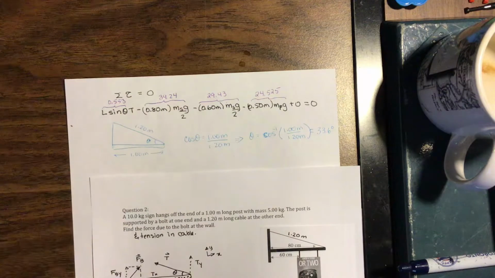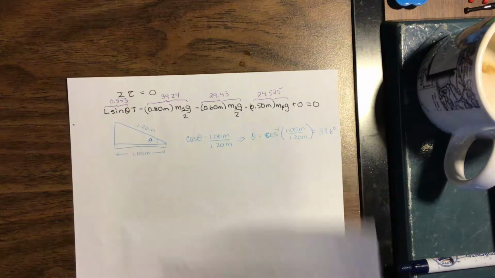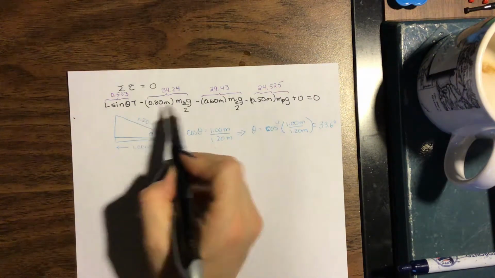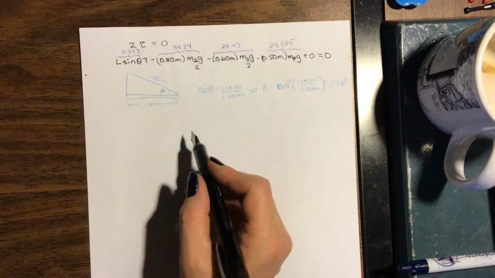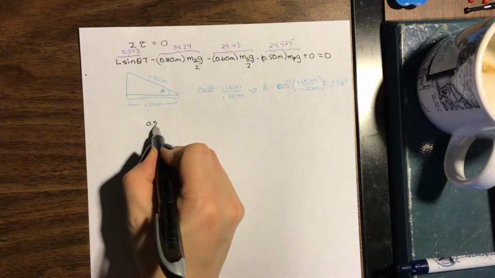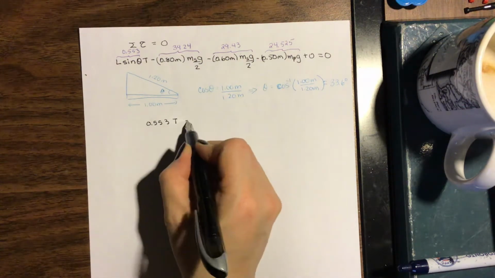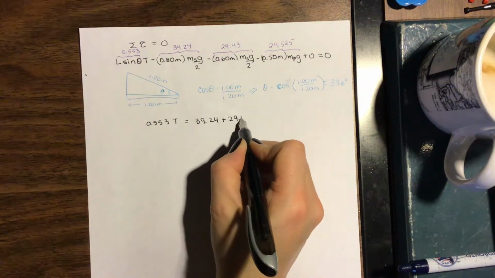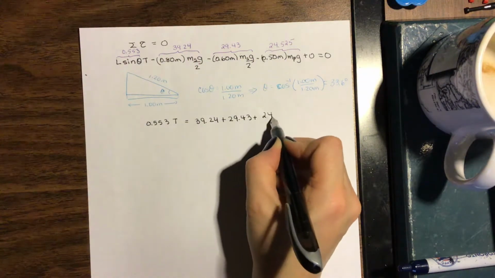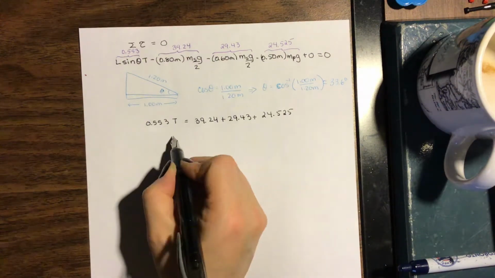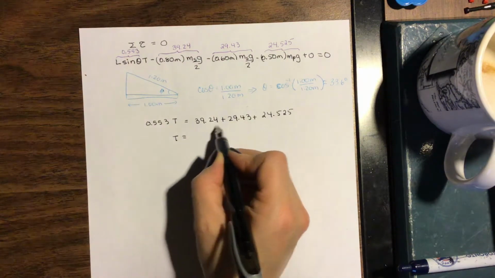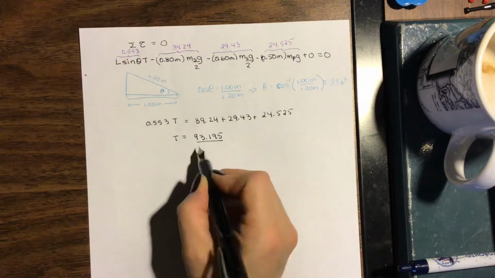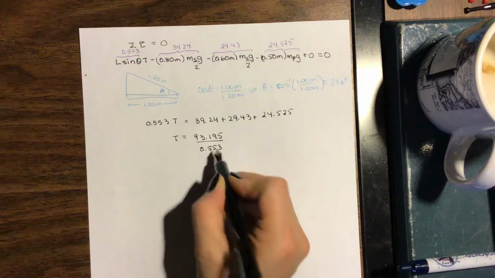So now what we can do is solve our problem here. Each of these guys are negative. They'll become positive when they come to the other side. So 0.553 times T equals 39.24 plus 29.43 plus 24.525. So T equals all of these guys added up. That's 93.195 divided by 0.553 to give us a magnitude of tension of